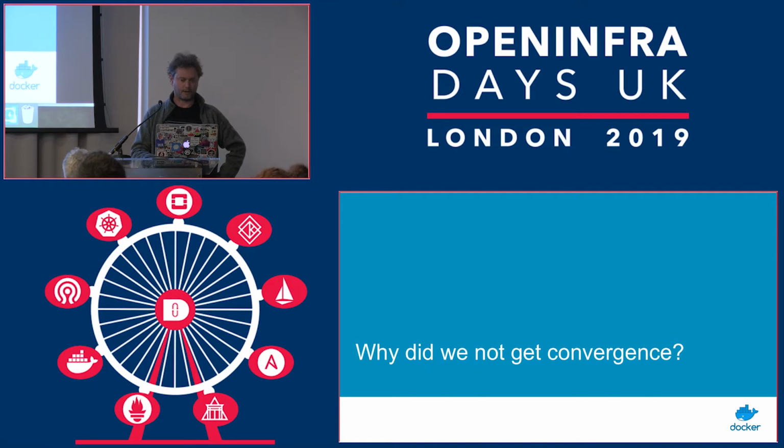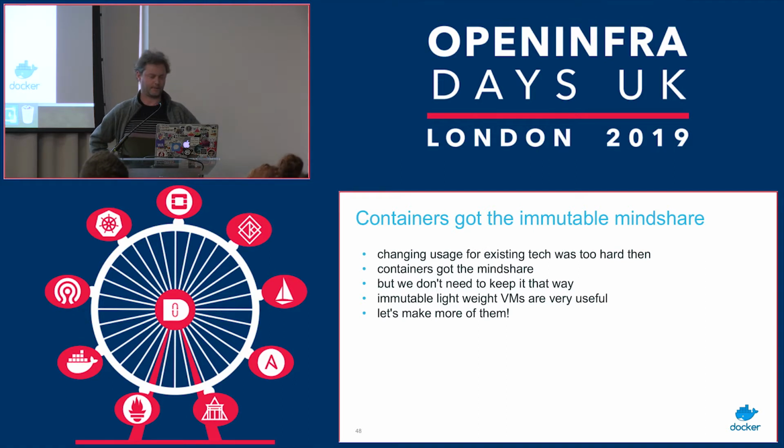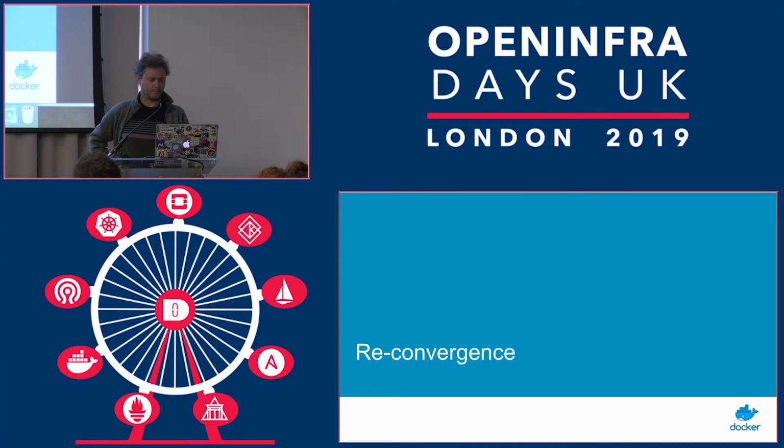I really want to talk about why we didn't get convergence between the model we used for VMs back in the day and for containers. Containers really got the mind share around immutability, and it's only recently that we've started to get more of a convergence here. Immutable lightweight VMs are really useful things, and I think we've got to the point where